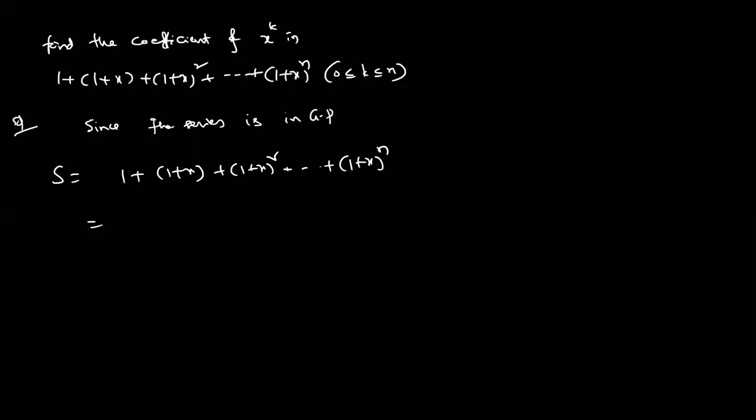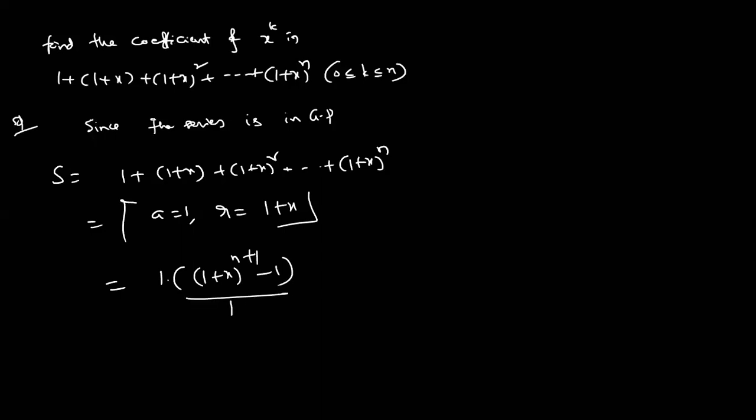Here, the first term is 1, the common ratio is 1 plus x. Therefore, a into r power n plus 1 minus 1 by